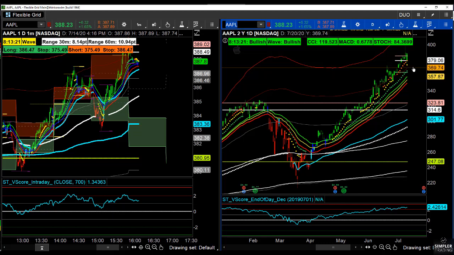Now, look how little Apple was willing to pull back. I mean, it just barely touched the 8 exponential, and then it proceeded to keep moving higher. Earlier in the day, I think we were somewhere just below 11 points when the market sold off. So Apple had not even traded to the average of its typical historical daily price movement range. So when the markets were melting down, Apple barely twitched. It certainly did not flinch. And I think those are the kind of things that we continue to rely on to focus on pullback buys.